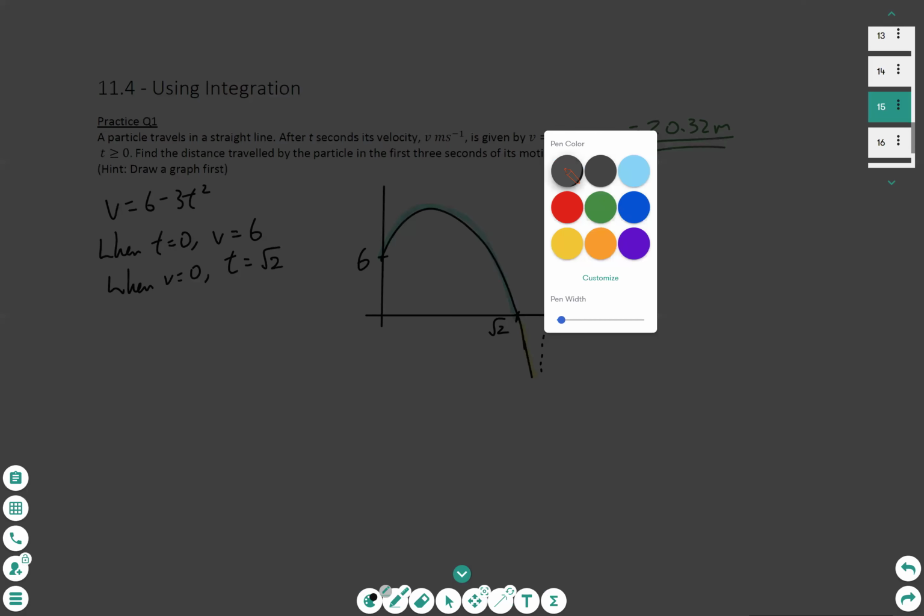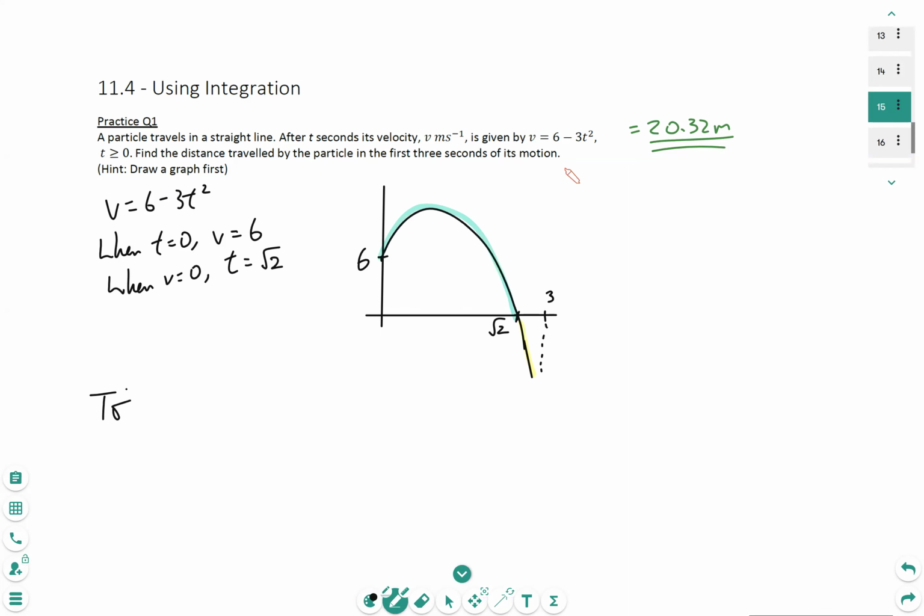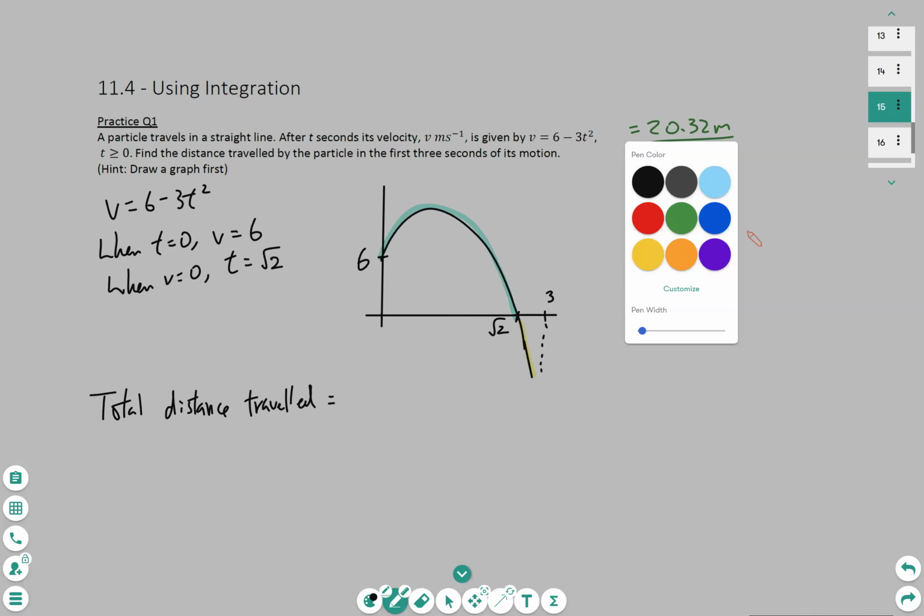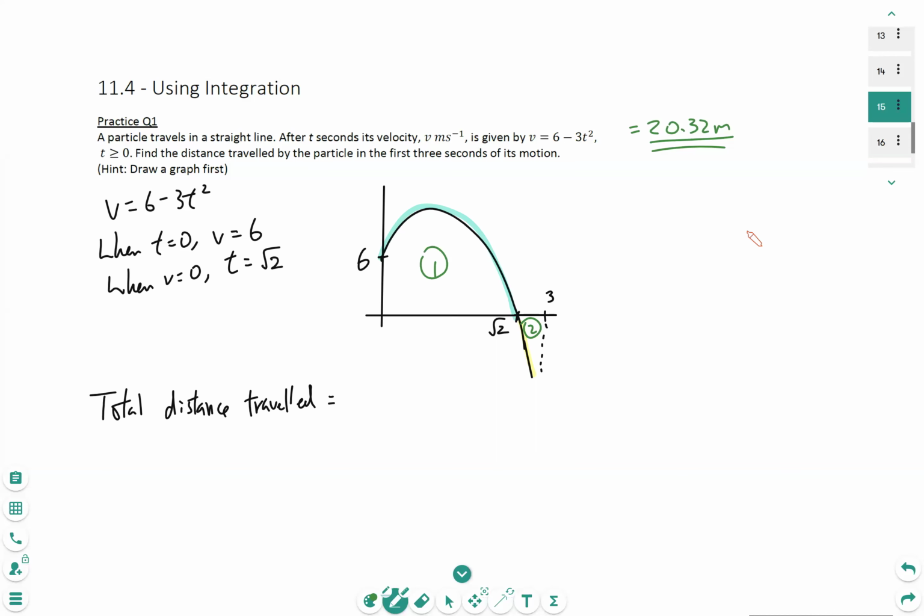Right? So the total distance traveled will equal, let's call this part 1, part 2. So plus part 1 plus part 2. Now, why do we have to do so much extra from part 1 to part 2? The reason being is, okay, so why 2 parts? Because